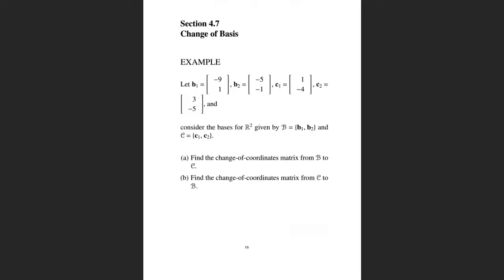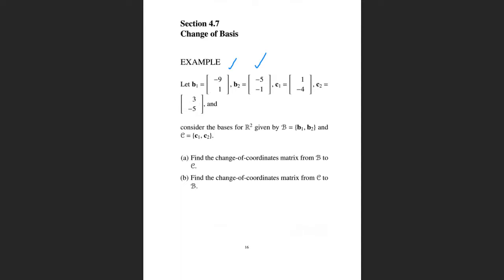Okay, so what we have here, let's think about what we have. Well, we're going to have to get our hands a little dirty here to do this problem. But I mean, what you have here are vectors b1 and b2, and those form a